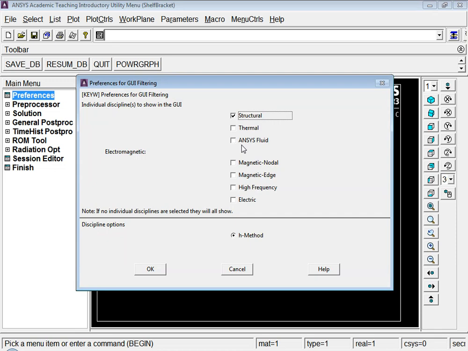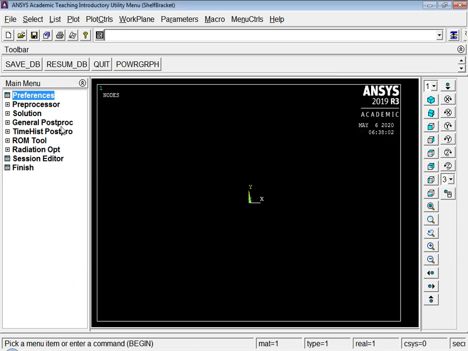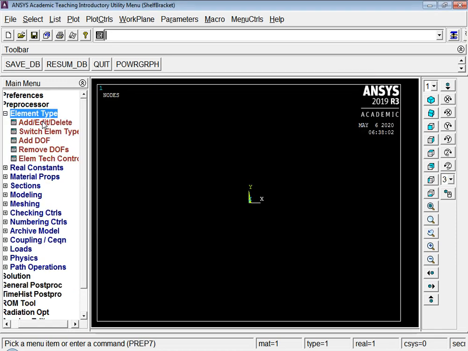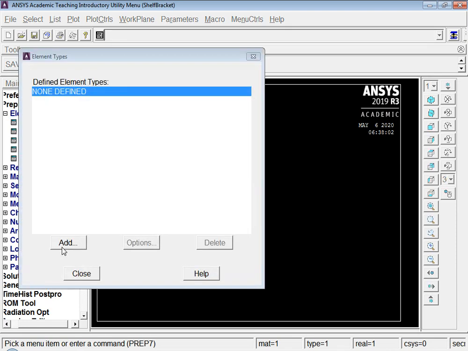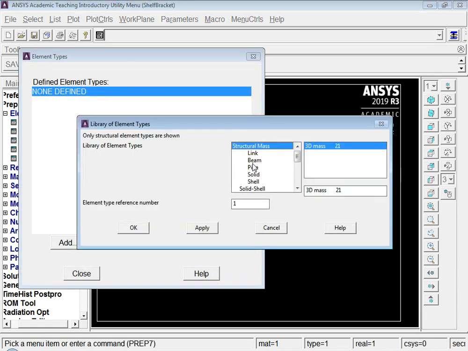We will select a 3-dimensional element, just to be on the safer side. We can go ahead with, let's say, brick 8 node or tetrahedron 4 node, or we'll go ahead with a tetrahedron 4 node.